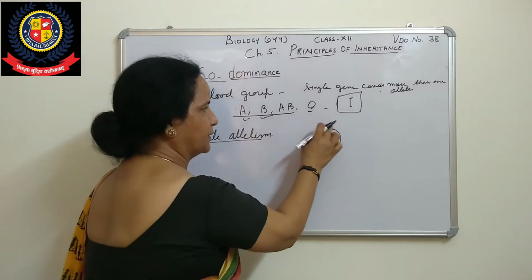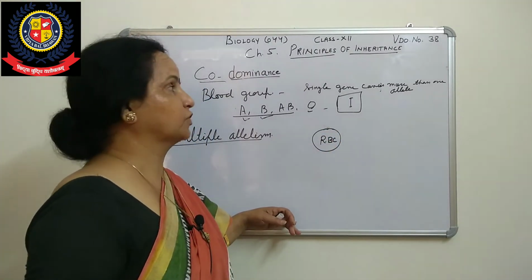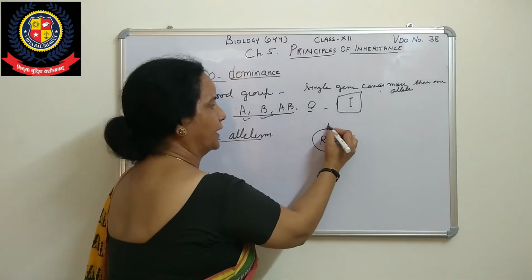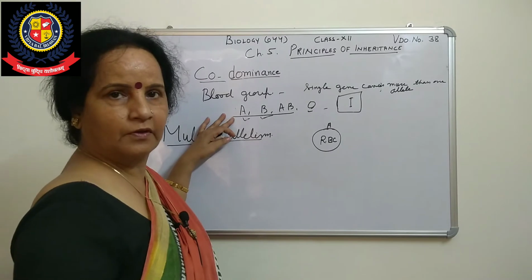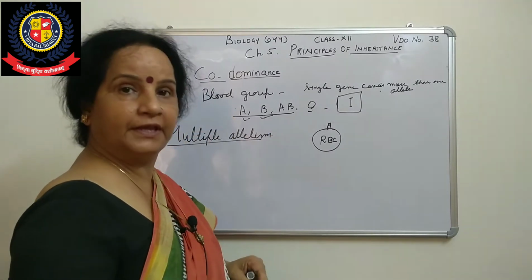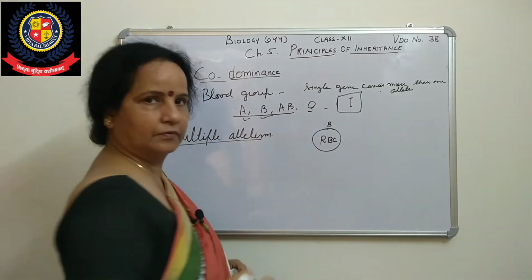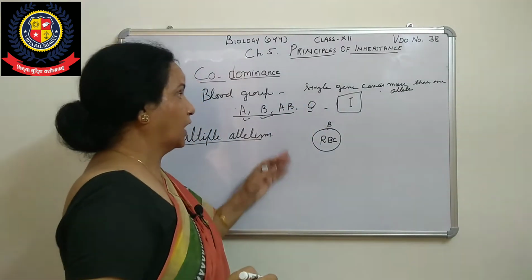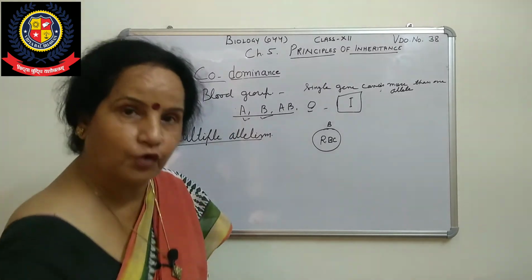If in the plasma membrane this particular type of sugar polymer is formed because of the gene, that is called A. So then it is blood group A. Suppose it is B, then it will be called blood group B. But how will it be? So we see how many pairs of genotype and phenotype will form here.